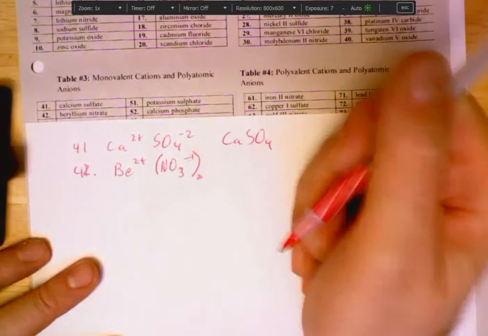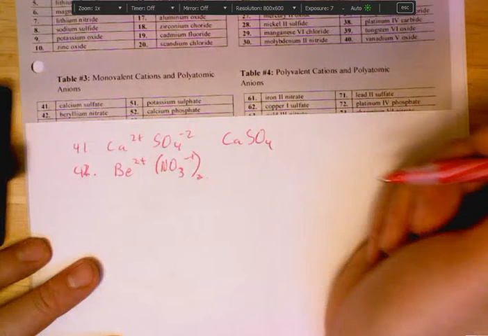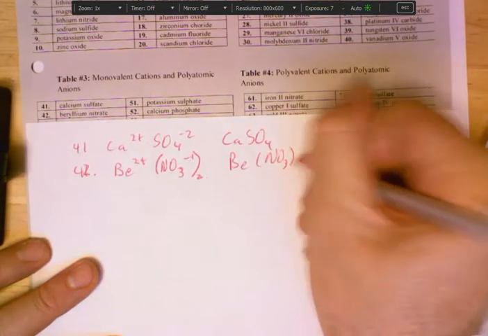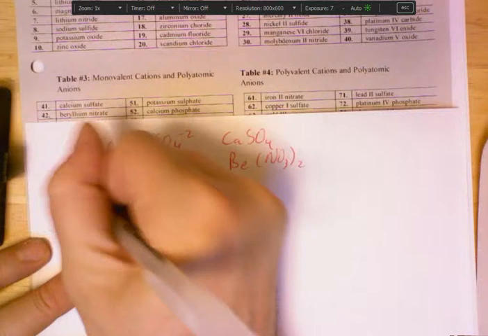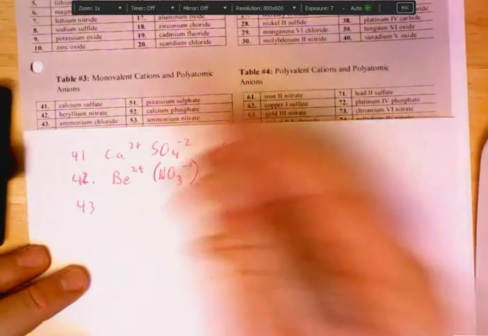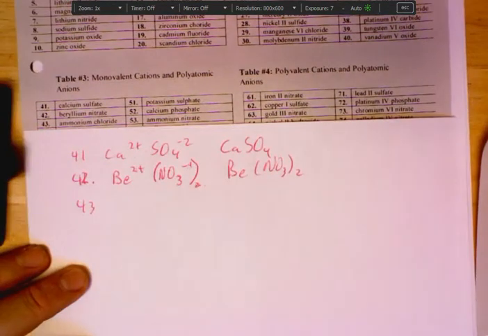So we have 2 nitrate ions to each beryllium ion, and so we get Be(NO3)2. Okay, question number 43 is ammonium chloride. This is the only example really where the